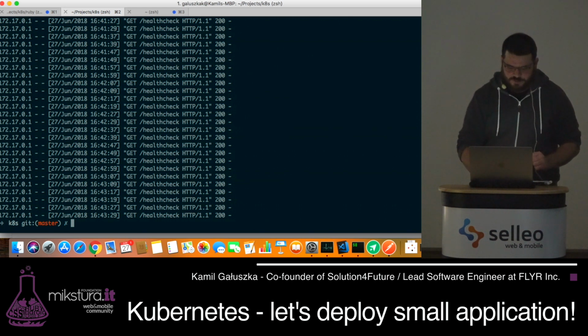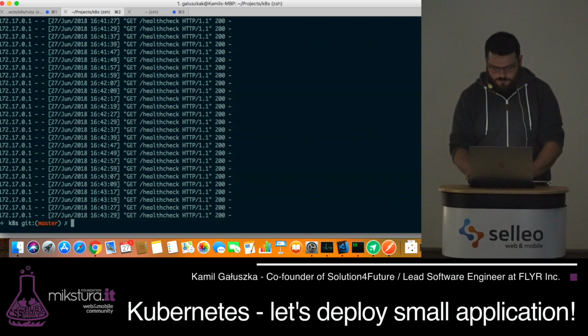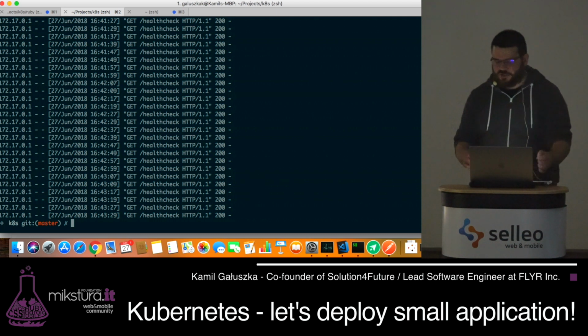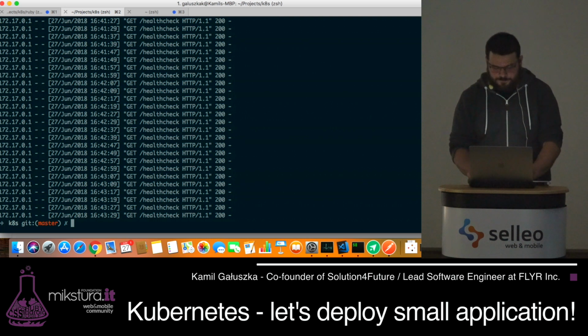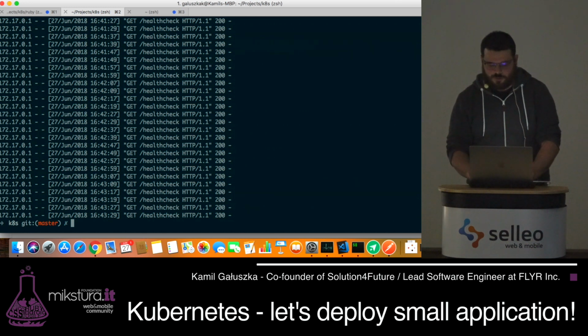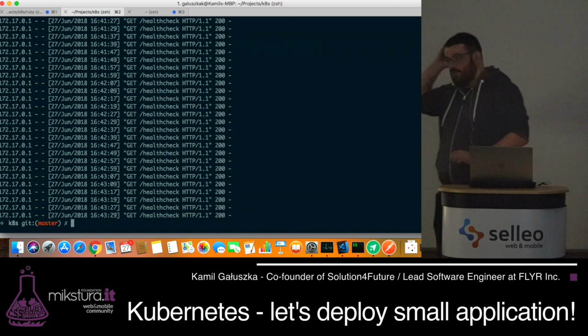So you can see that here is all the health check stuff and some of my requests, right? And I can also look on the staging. On staging there is also, but I didn't do any requests on staging, so it's empty. Of course, if I want to do, I don't know, API Python application, I use those selectors always. So all these selectors that I show you in the